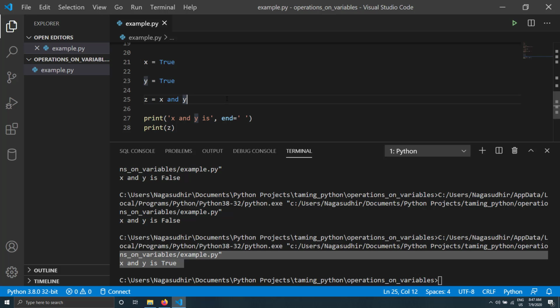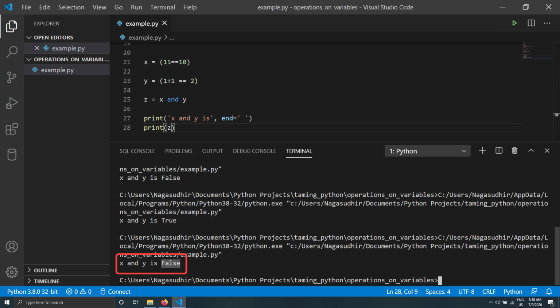So now let me complicate this in the same way we did for the previous example. Instead of x equal to true, I'll write x equal to some other expression like 15 equal to 10. What we did is we are creating a Boolean here by comparing two things, and y equal to 1 plus 1 equal to 2. You can see this is true, but this is not true. So the AND operation should be false. Let me see.